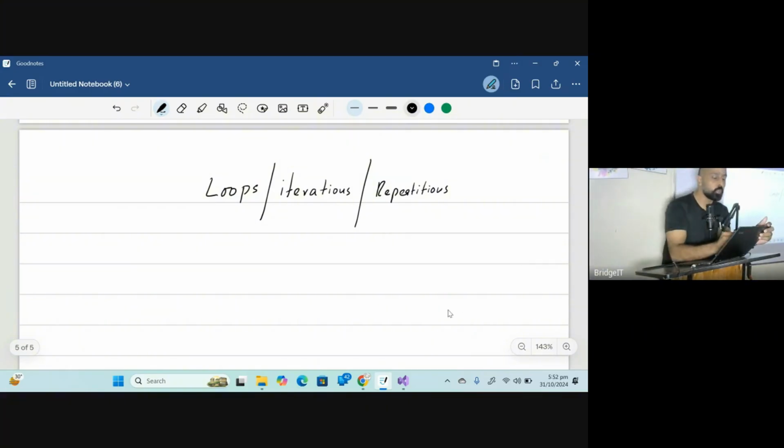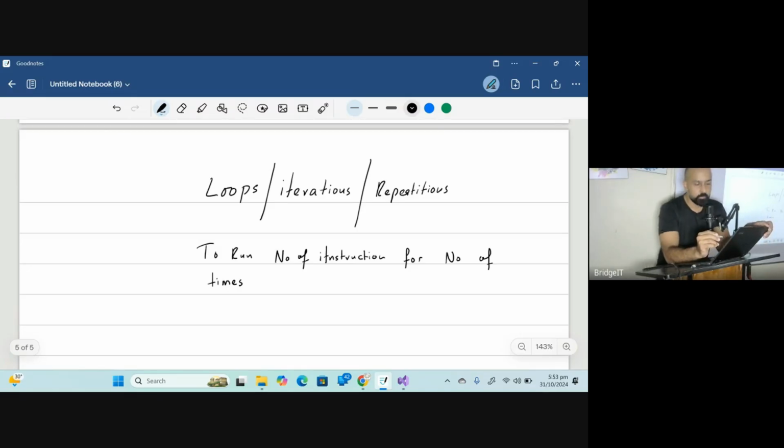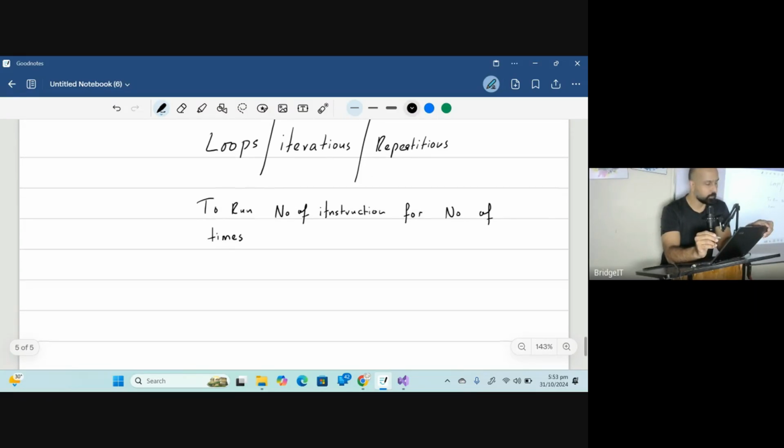It's to iterate, to loop, to run a certain number of instructions for a number of times. If you want to run some number of instructions for a number of times, we use repetitions, iterations, or loops.